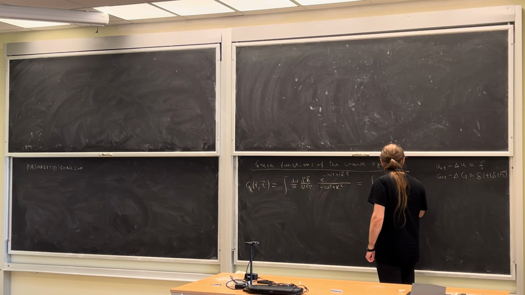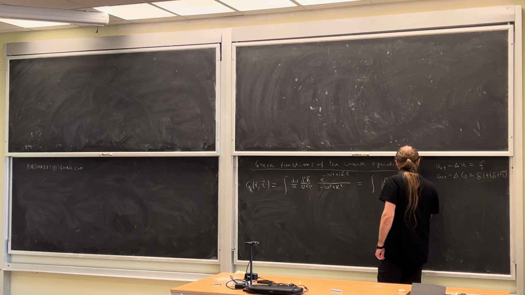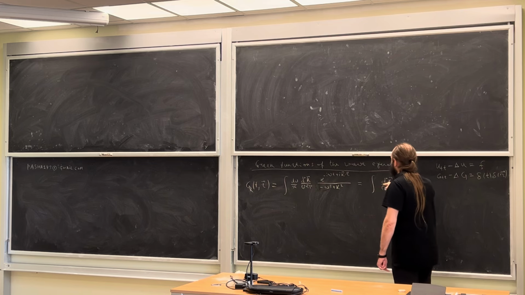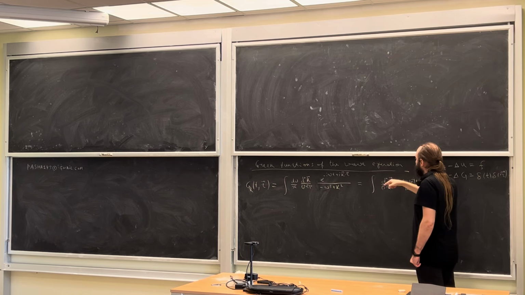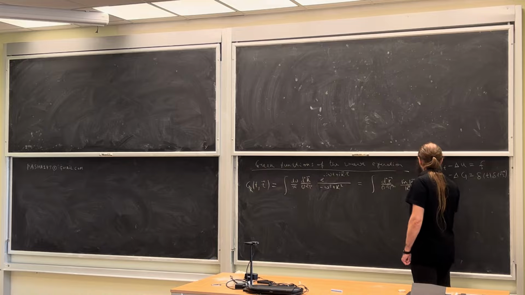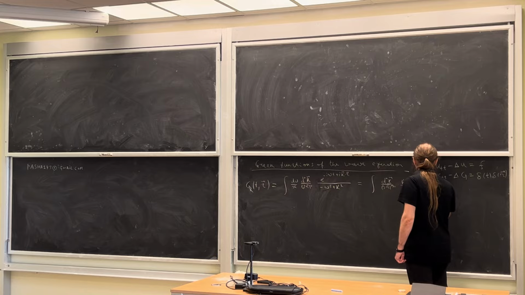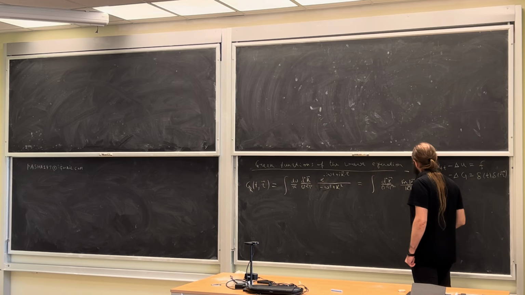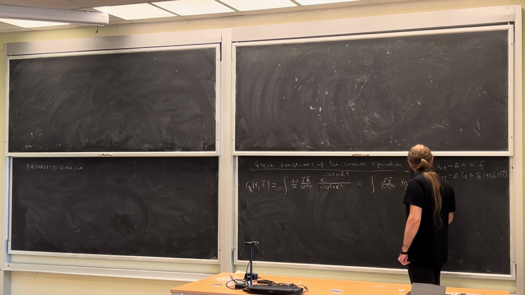It is sine of absolute value of k times t over absolute value of k, times e to the i k r, and